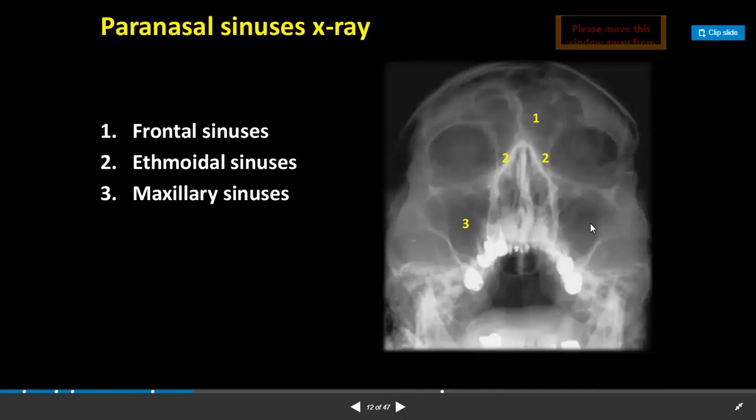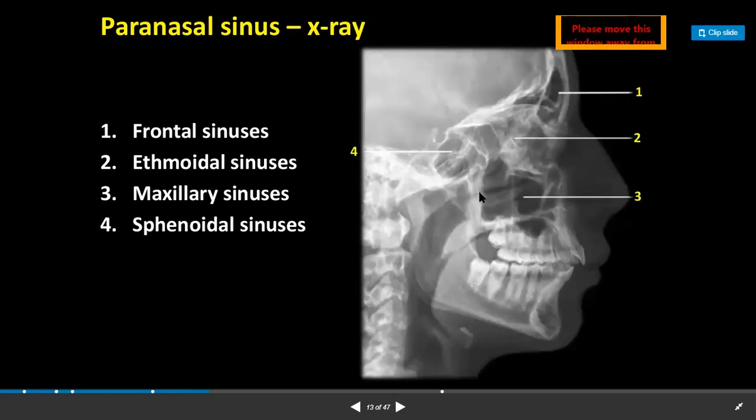Now this picture I have kept from when we were doing paranasal air sinuses also. So in this view, we are able to see two frontal air sinuses. These are the ethmoidal air sinuses and bigger ones are maxillary air sinus. And in this lateral view of the skull bone, we are able to see very clearly the sphenoidal air sinus. This is frontal, these are ethmoidal, this is maxillary, and this view helps us to appreciate sphenoidal air sinus. This is the hypophyseal fossa, sella turcica, where the pituitary gland is resting, with anterior and posterior clinoid processes.